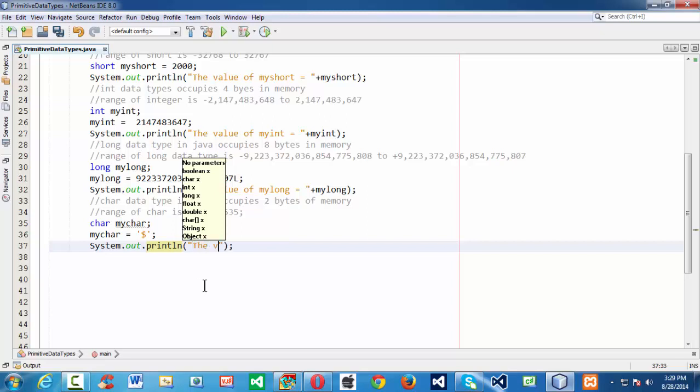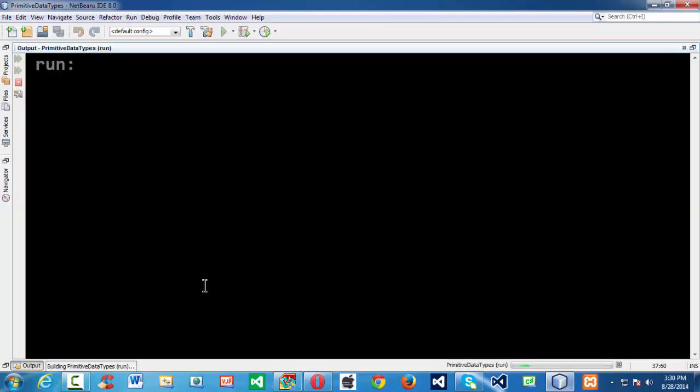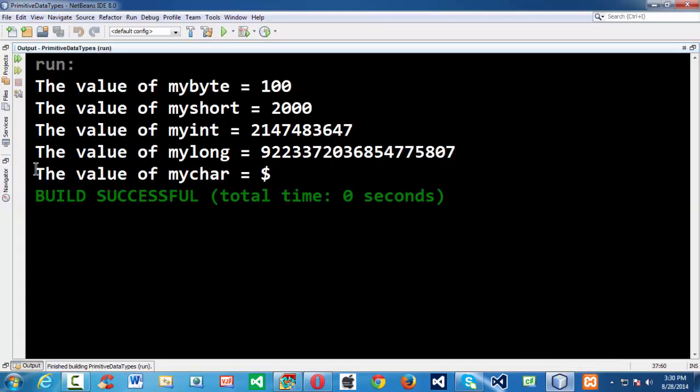Let's say the value of myChar is equal to, with the help of the concatenation operator, myChar. Now if you run your small program, you get your dollar displayed.